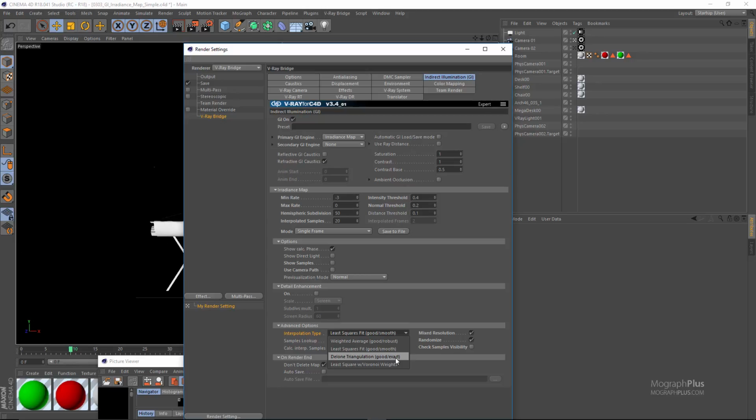The next one is the lone triangulation, and I hope it is the right pronunciation. Unlike the other ones that try to smooth the overall result, this tries to preserve the details, and the final results might look noisier compared to the other ones. And you would need to increase your Irradiance Map subdivs to get a noise-free render when using the lone triangulation